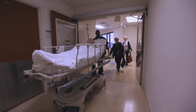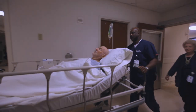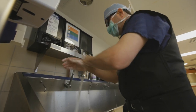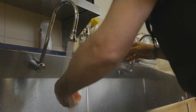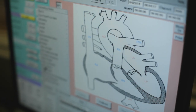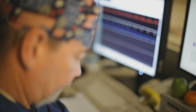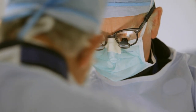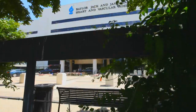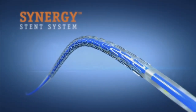Every year, more than 500,000 Americans undergo procedures to have a narrowed coronary artery propped open with a small metal mesh tube or stent. The polymers used in these stents are non-biodegradable, and they have stainless steel components, both of which are linked to increased risk of complications. But a new generation stent is available at Baylor Heart and Vascular Hospital, the first site in North Texas to